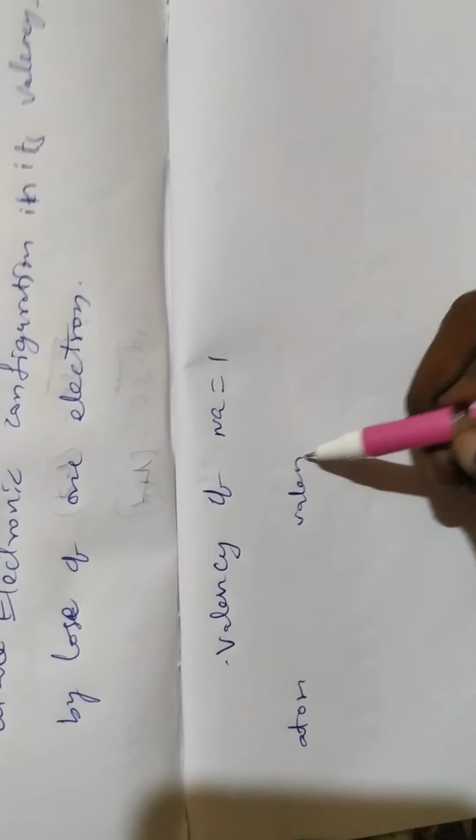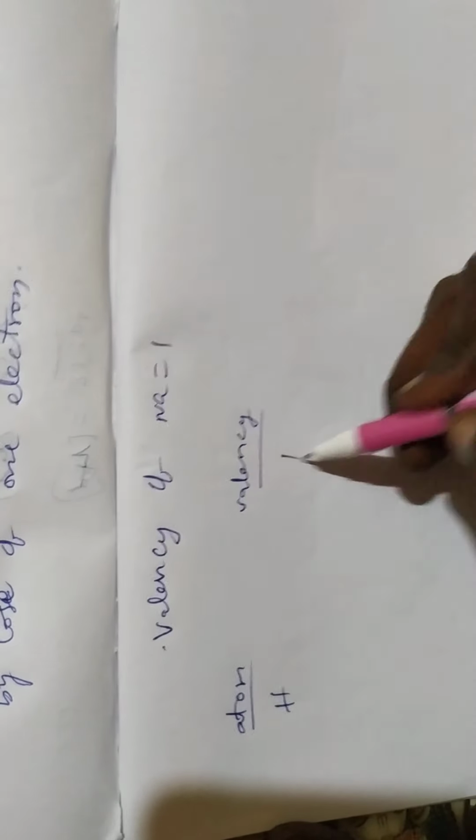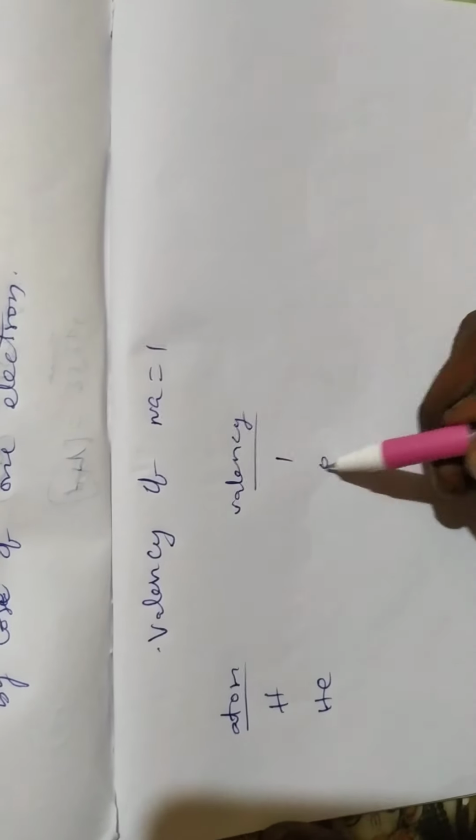Now, atoms and valency. The valency of hydrogen is 1, helium 0, lithium 1, beryllium 2, boron 3, carbon 4,